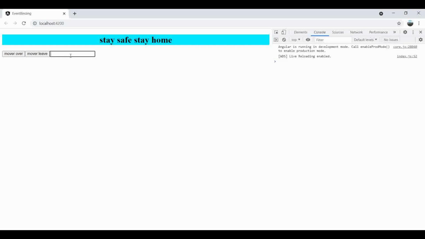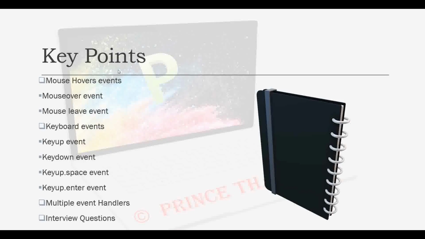Here, whenever I type a key, an event should be performed on my console. You can see on my screen the event is performed. The number of keys I type, the same number of events are performed in the console. Okay, the first keyboard event is done.